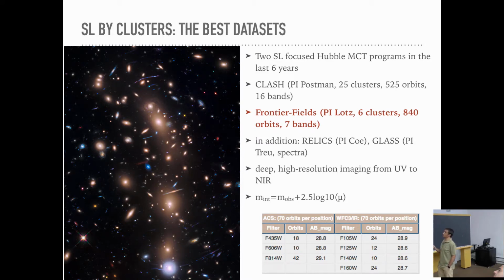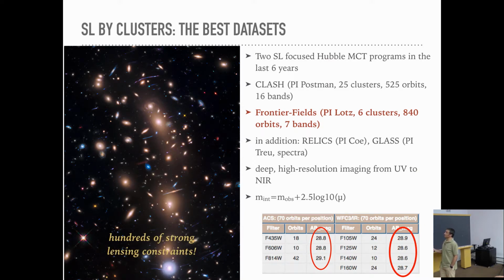Then we have had the Frontier Fields, which dedicated more than 800 orbits of HST to observe at the depth of the Hubble Deep Fields, essentially the cores of 6 galaxy clusters. These are the kind of limiting magnitudes that you can reach within these fields, without accounting for the fact that there is also magnification. So we are also able to gain further depth because of the magnification provided by these huge guys that were targeted in